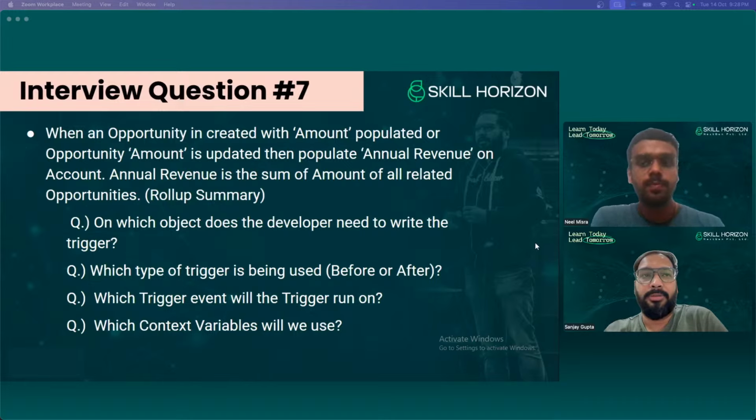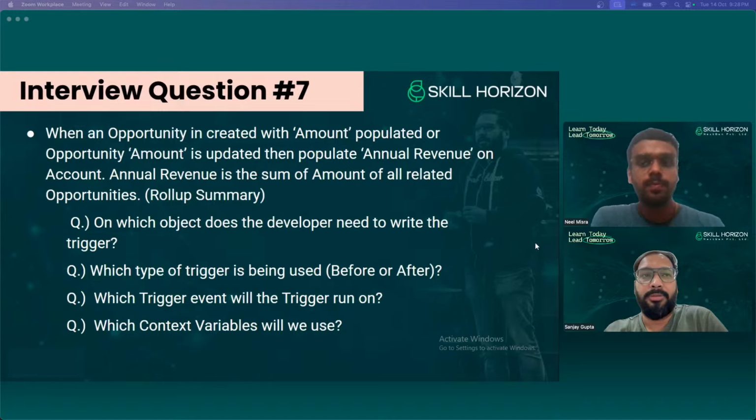Since we are dealing with opportunity here, and opportunity is being created or updated, the developer needs to write the trigger on the opportunity object. And as far as the second question goes, which type of trigger is being used?